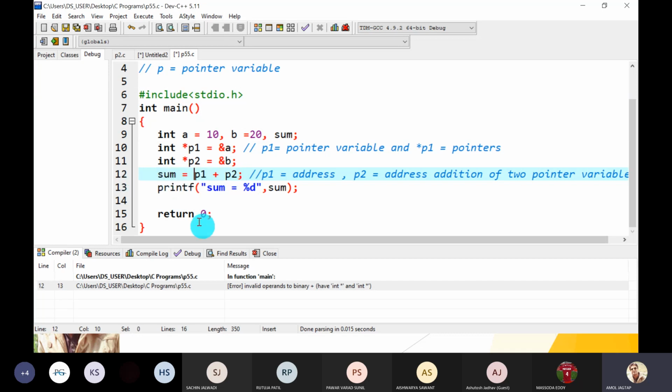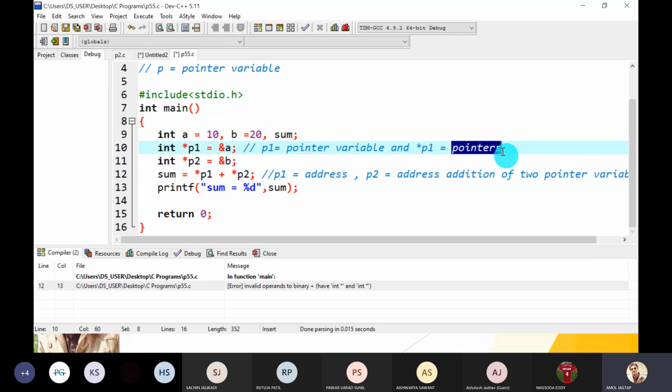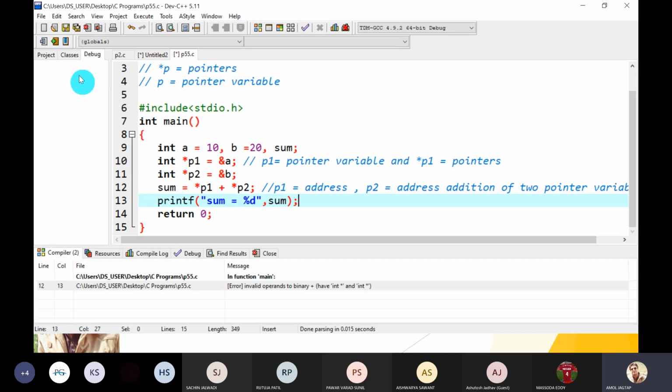Now my question is, suppose star p1 and star p2, that is pointers. That means we have to add two pointers. So does it give a syntactical error or some value? What do you think? Sum is equal to? It will give the addition. Yes. Now we know the meaning.